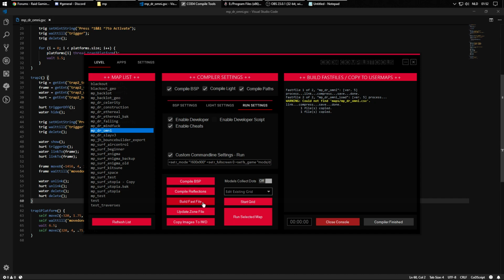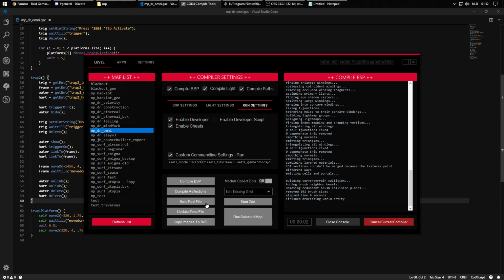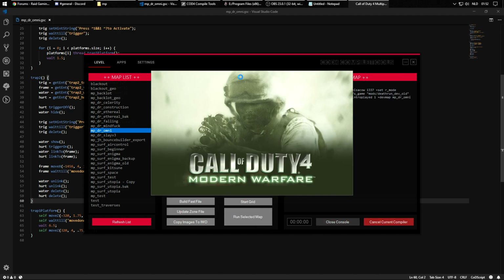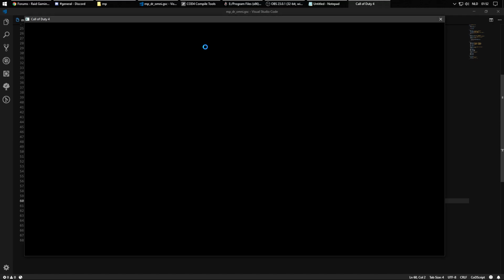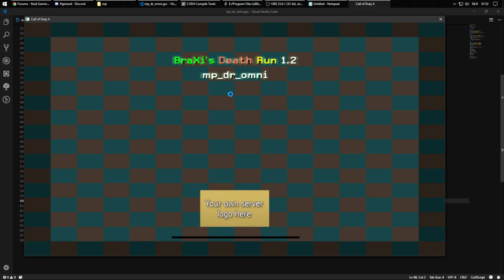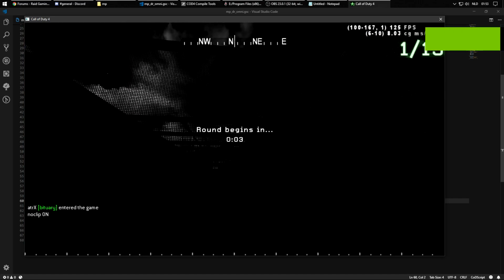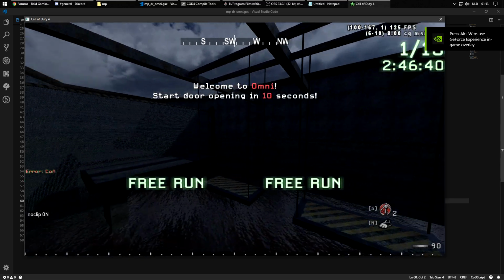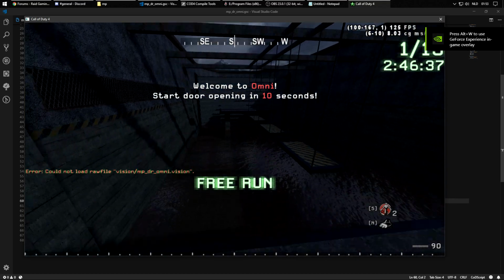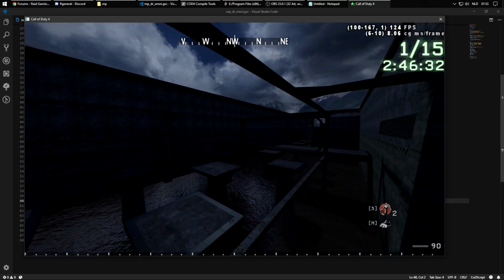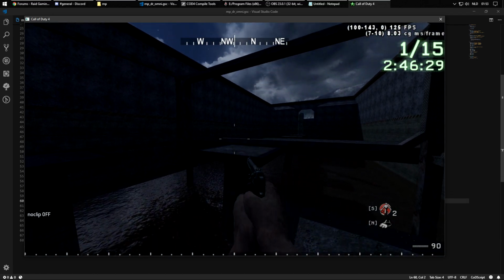Let's compile our BSP. No, compile our fast file. I think I've already... Let's compile the BSP just to be sure. Yep. Let's build the fast file. Alright, let's check. I've already also set up a world spawn and everything for this map now, so it doesn't look as bad anymore. I've also set up a singular reflection probe. I'm going to have to add a lot more once this map is somewhere along the way. Okay, so as we can see, the water's gone,